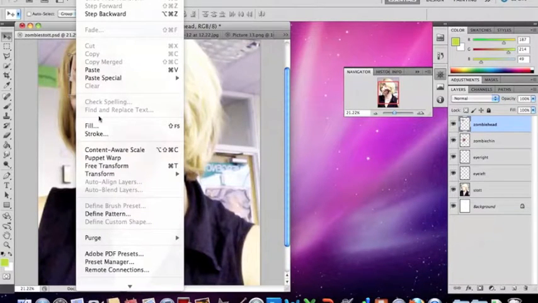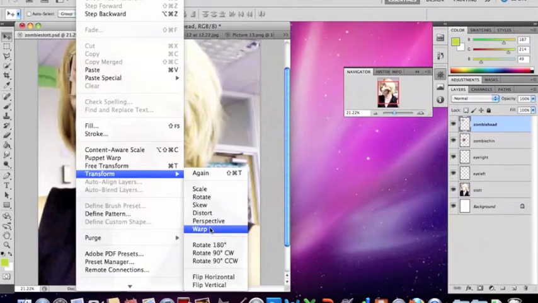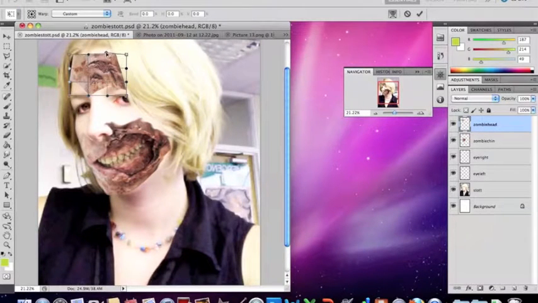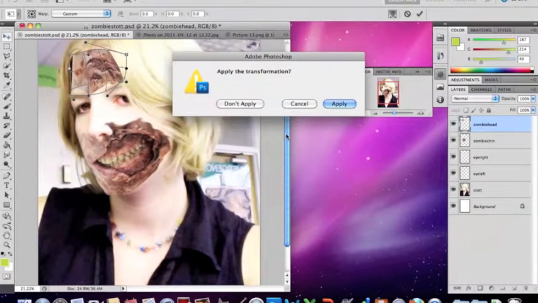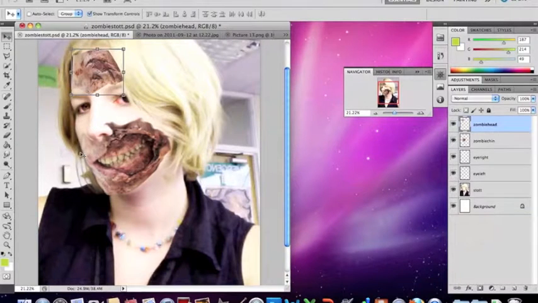Go down to Transform and use the warp tool again to really bring it in close to your hairline and to your own features. That's starting to look all right. So once you've got it, tell it you like it by clicking on the apply tool, and then again go